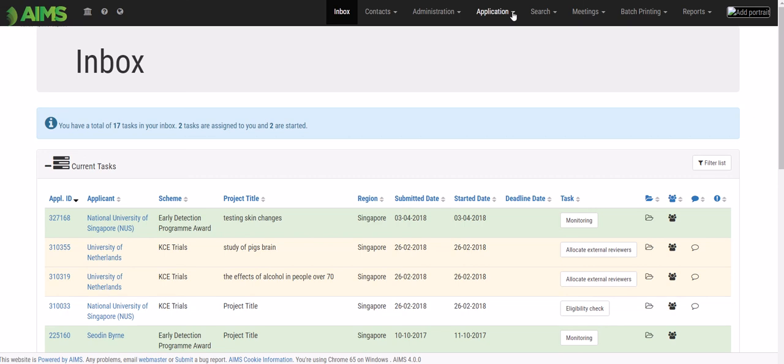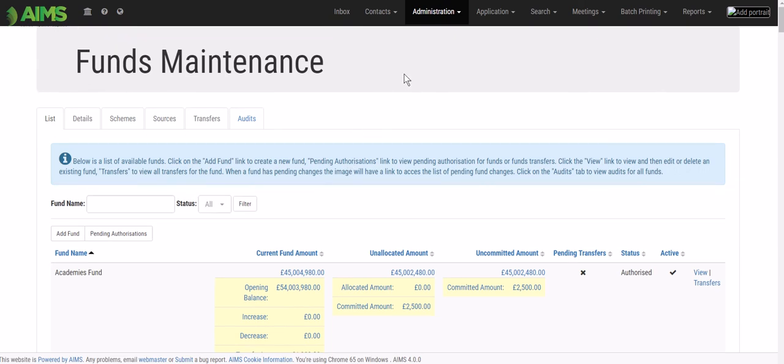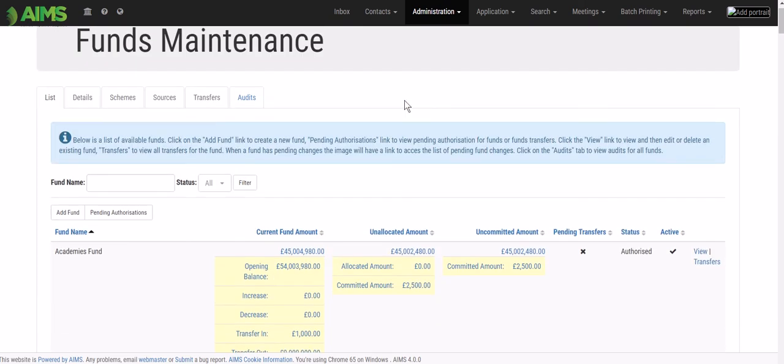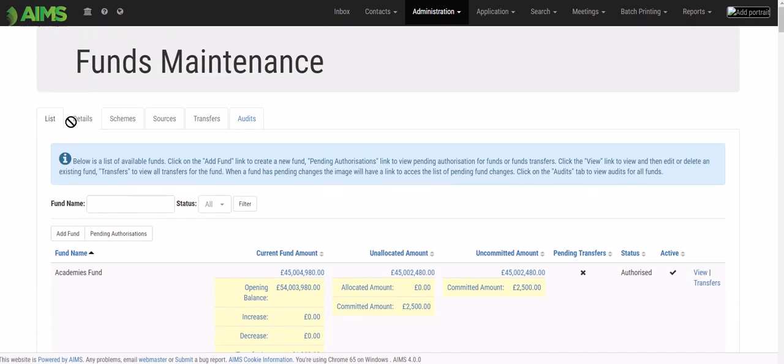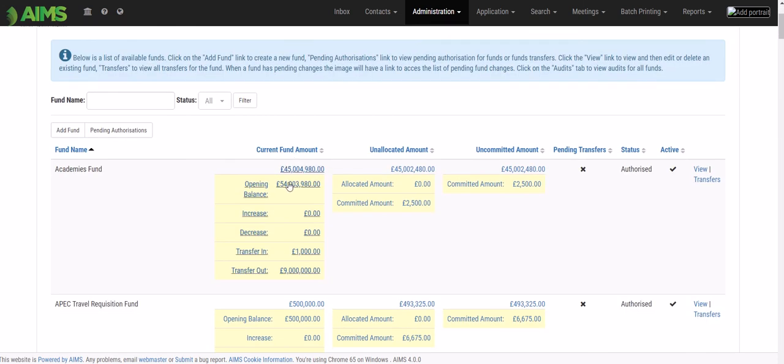One of the other views that we mentioned earlier when we looked at the administration menu is my grant administrator or grant manager. In this case, has the role to manage funds. Let's look at funds maintenance. So this is another critical key view within the system. This is where I set up funds or budgets that I can then select as part of my application processing and send for decision. In this case, we have a list of funds set up here, and we can see